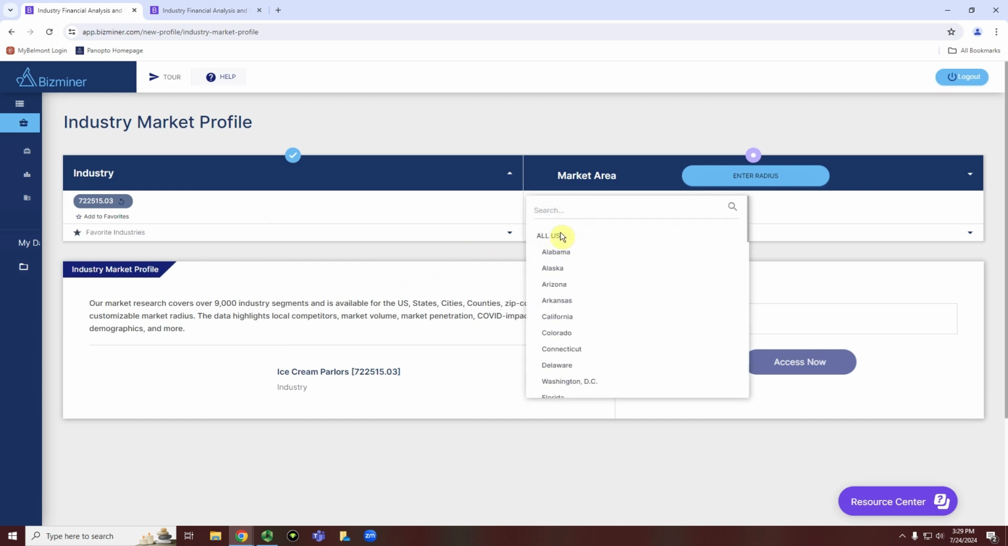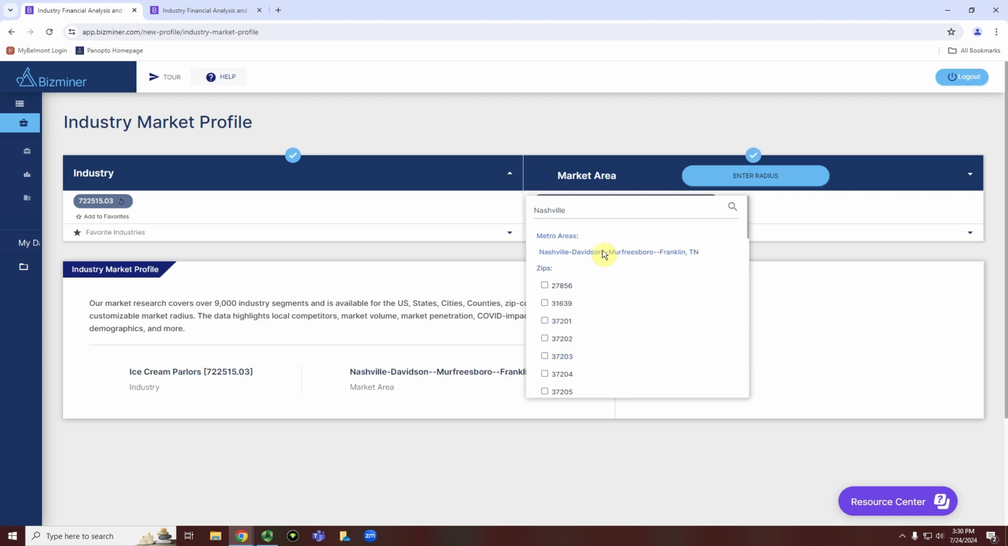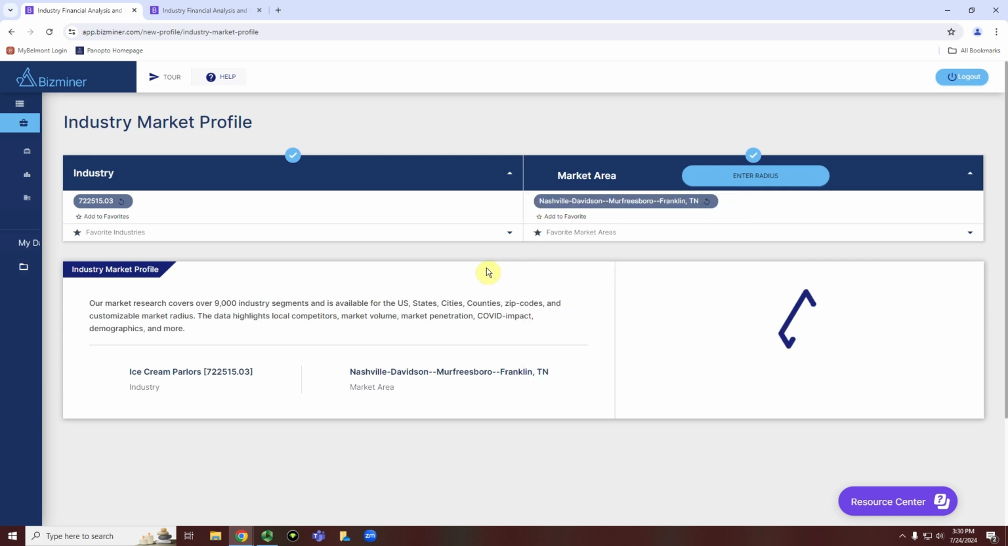And then for market area, we can search by state. But if I type in Nashville, for example, we can break that down to the metro area or even a couple zip codes. So that's always something that can be very helpful too if you're looking for a very specific region. So let's click on that. And then we can access the report once that's downloaded. However, it does take a little while, and I've already pulled it up, so we're going to go to that